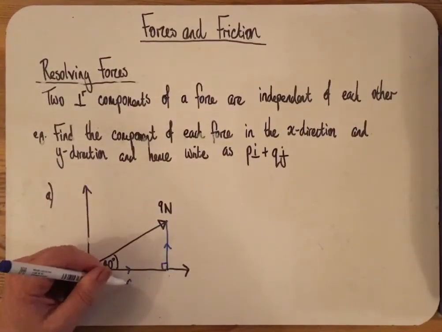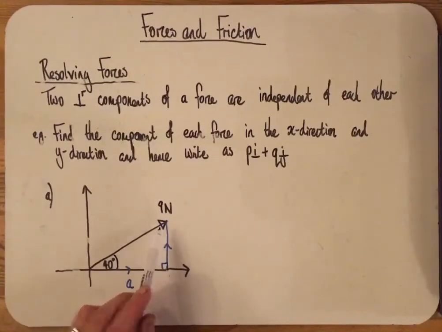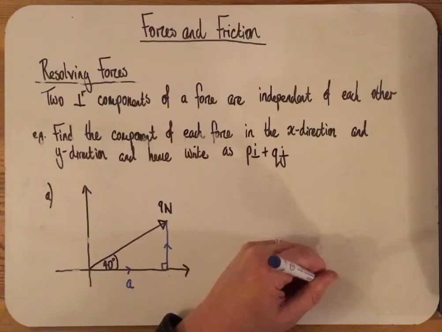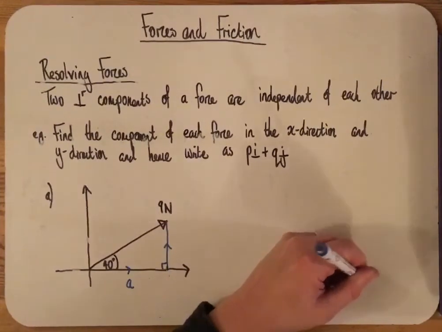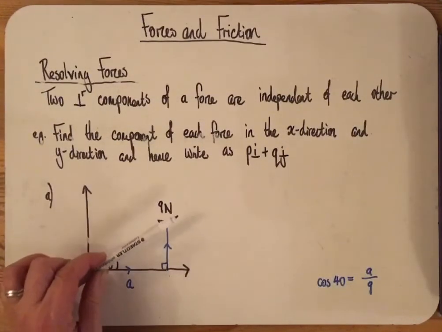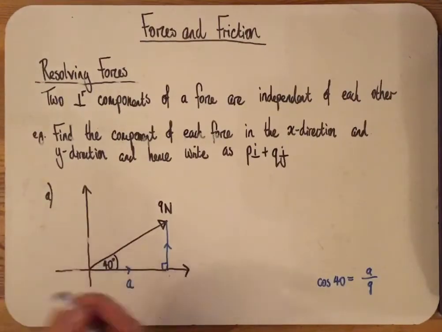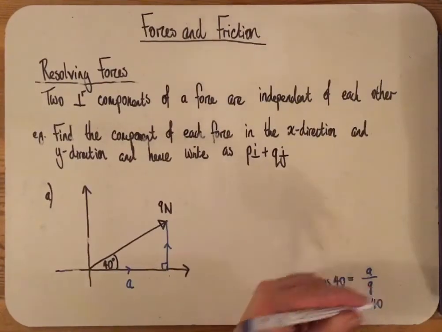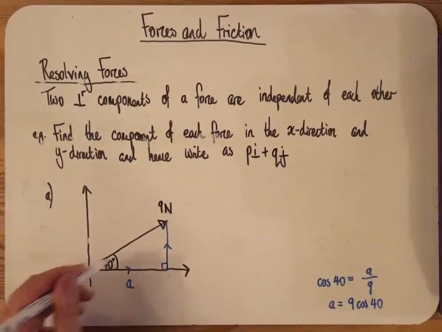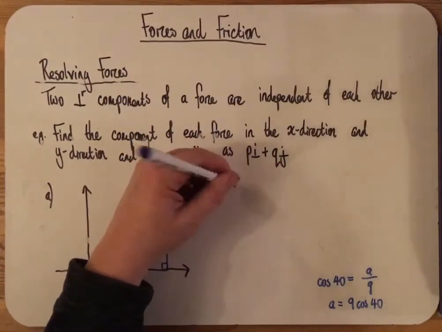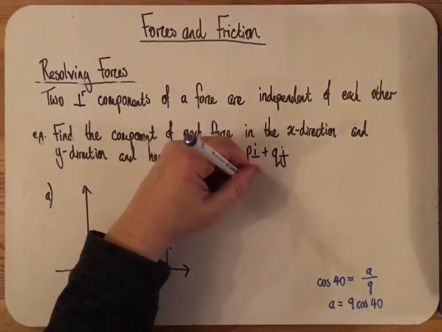directions. So I essentially want the adjacent to find how much of this force is acting in the positive x direction. And we know that cos of 40 is equal to the adjacent over the hypotenuse. So we've got the force sitting on the hypotenuse, and so the adjacent is equal to 9 cos 40, and that's the component of this force acting in the positive x direction. And once you get used to these, you'll literally just be able to write them straight down. So 9